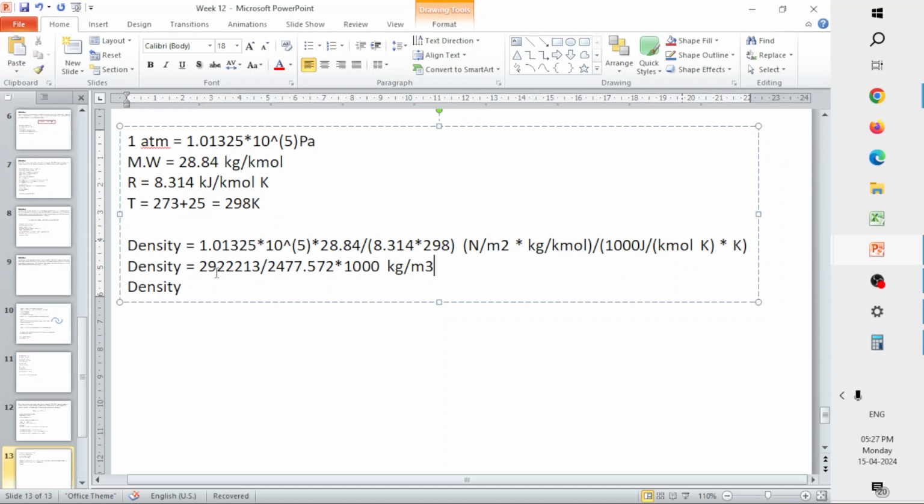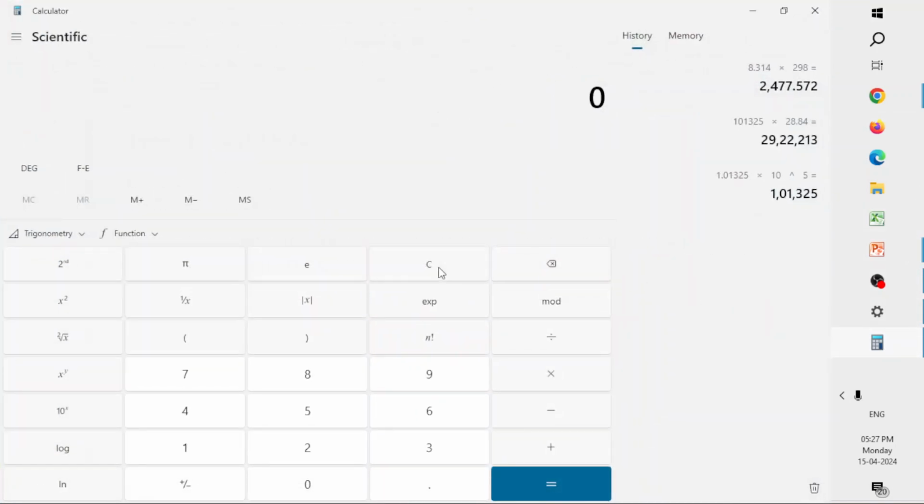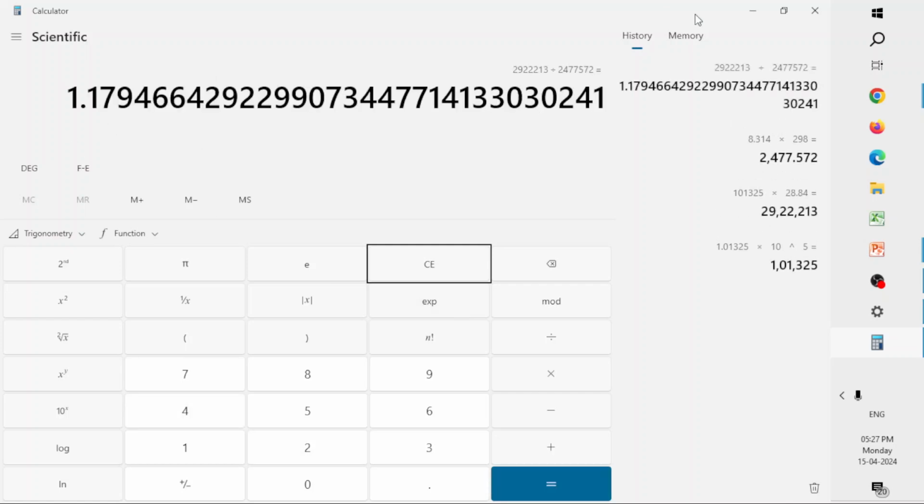So let's just calculate the density now. So it will be 1.179